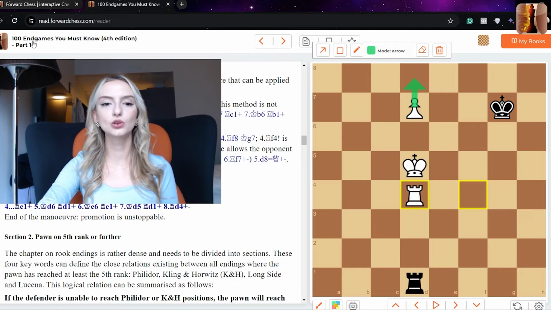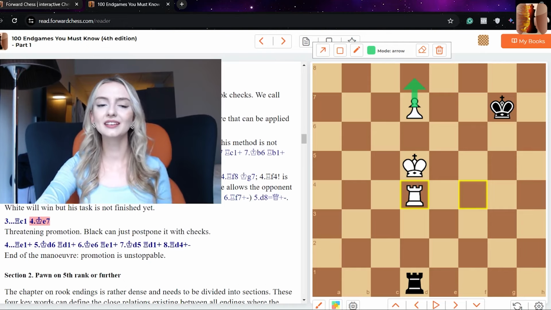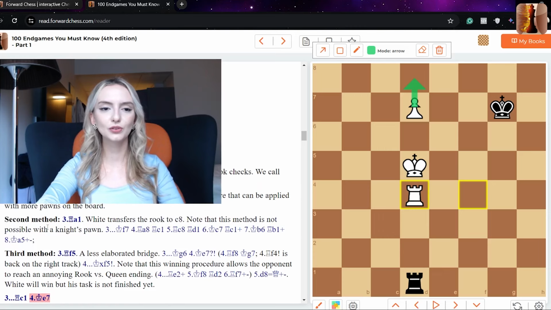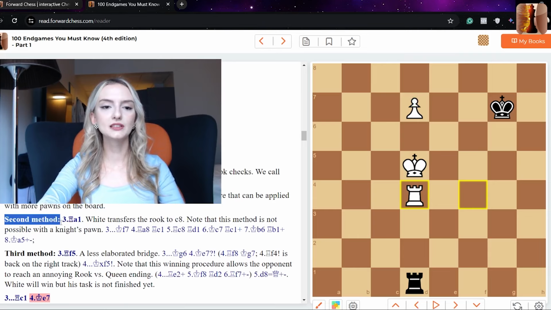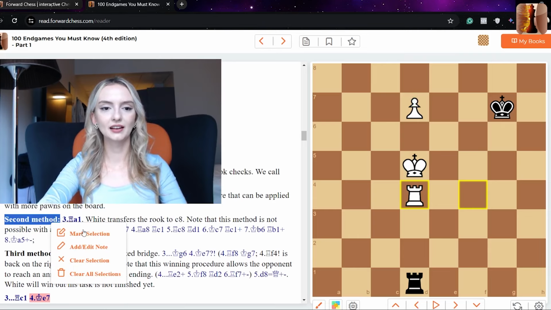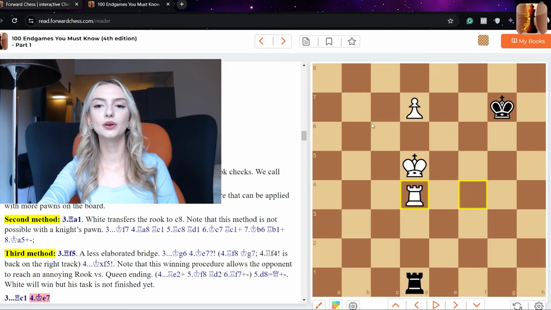But the book does go through really every possibility that there is, and it gives you different methods. If you look over here, we've got a second method. Cool thing is you can actually highlight here. I like highlighting my notes. And we have a third method as well. So the author goes through different ways of